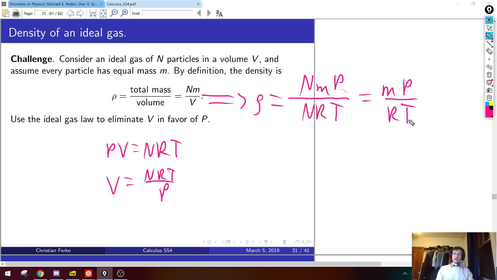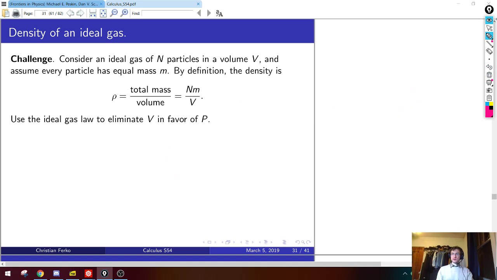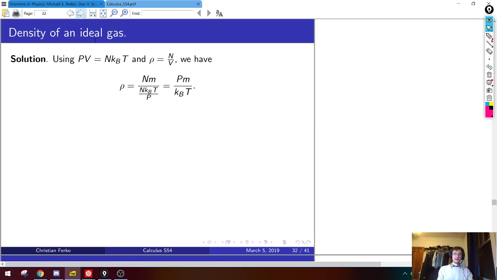So, you have used here the chemist notation of using R instead of the Boltzmann constant, which I used on the next slide, but this is totally fine. This is correct in some different conventions. So where R equals KB, your answer is fine, but if you replace KB with R in my answer, it's exactly the same.